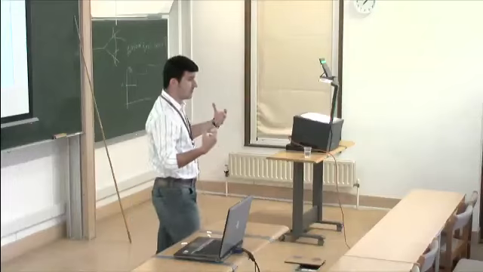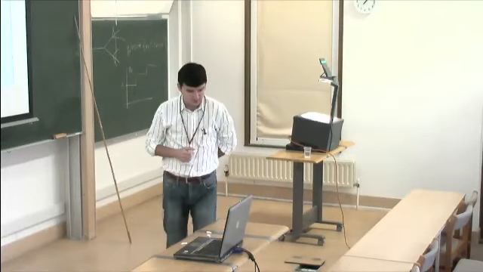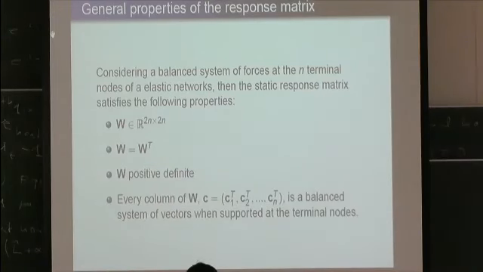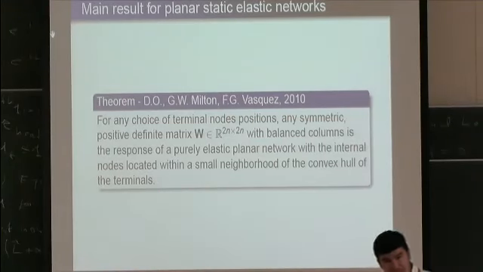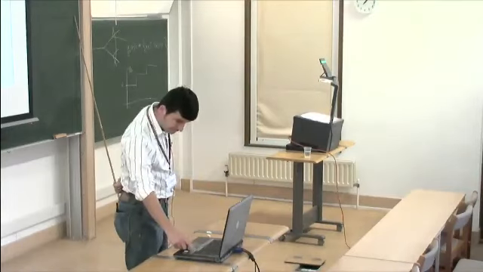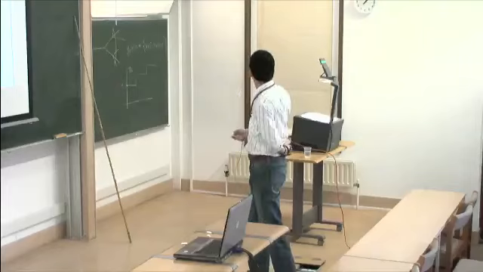Achievable in the sense that you can build a network having its Dirichlet-Neumann map given by this matrix, any matrix satisfying these properties. So this is the theorem we have, one of the theorems in our recent paper, in the context of 2D elasticity, and it says that any matrix which is symmetric, balanced, and positive definite is attainable, can be a Dirichlet-Neumann map for an elastic network. And the way you show this, just a few